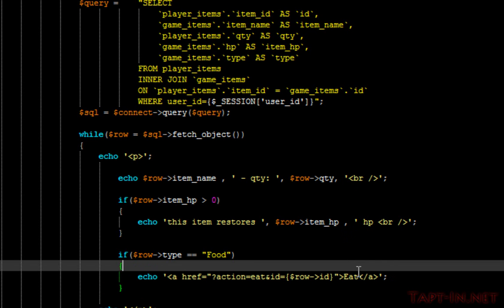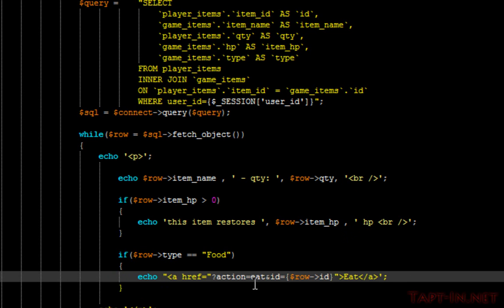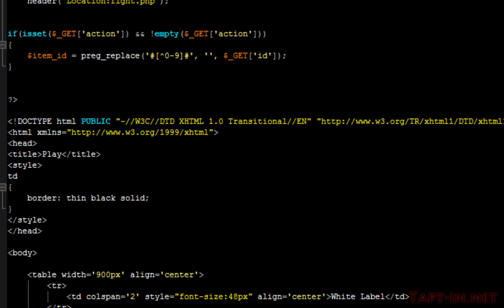I'm not sure if that's going to work actually, is it? Okay, let me just swap these around. I'll put that in there and that in there. That looks a bit better. So we've got our item ID,